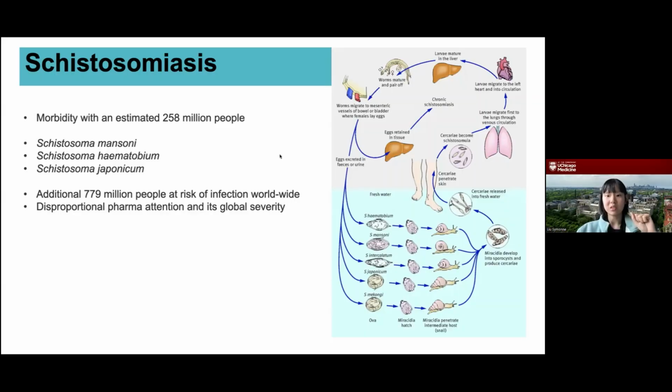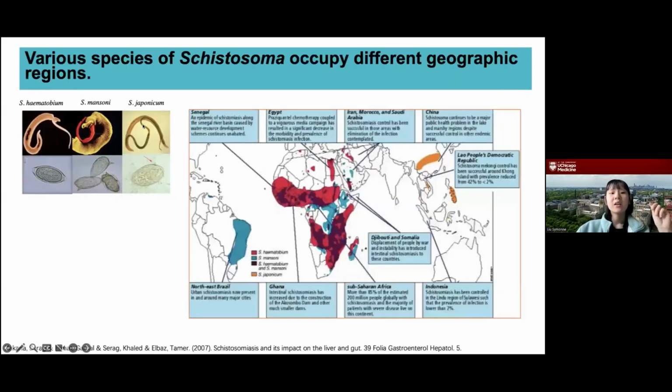And many times you see so much fibrosis in the liver tissue, causing a lot of pain in the patients. And finally, these eggs are excreted either through the urine or through feces, depending on the species of Schistosoma you're talking about. And just to give you a little bit more about the geographic distribution that we're